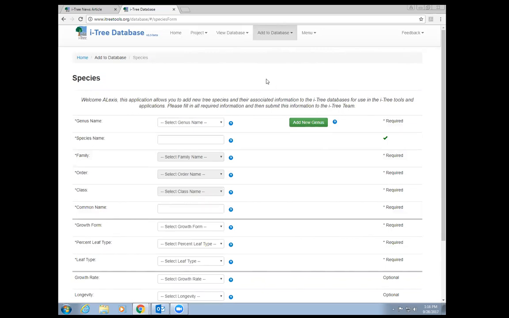It's pretty straightforward, and I think it's a really good way for people to add to our database for their own use, running their own data sets. So another option is the